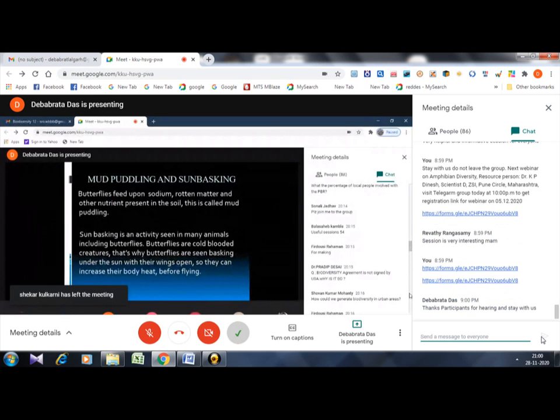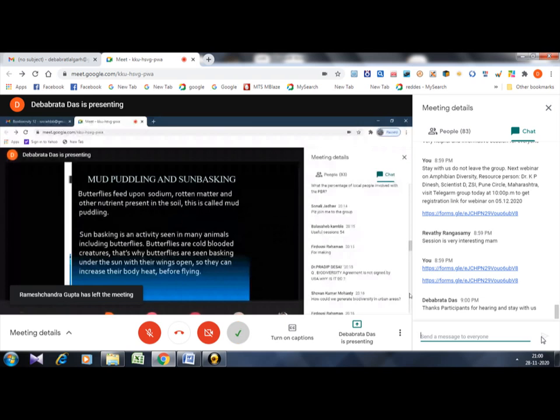In nature, we don't have a heater, right? We have the sun as a heater. And butterflies are cold-blooded animals, so they depend on nature for their body temperature and body heat. That's why before flying, the butterfly has to get its body temperature perfect, or its muscles will get